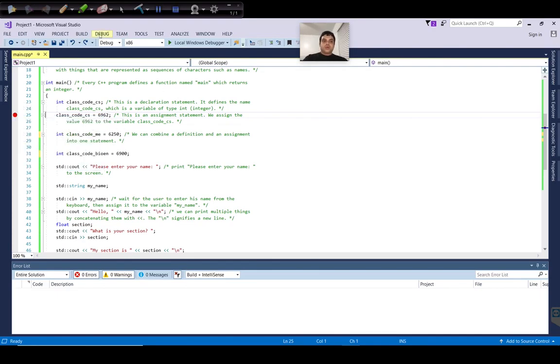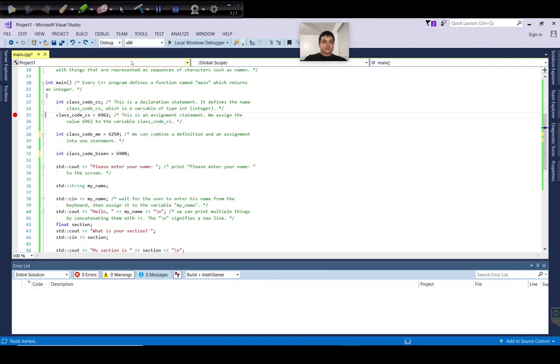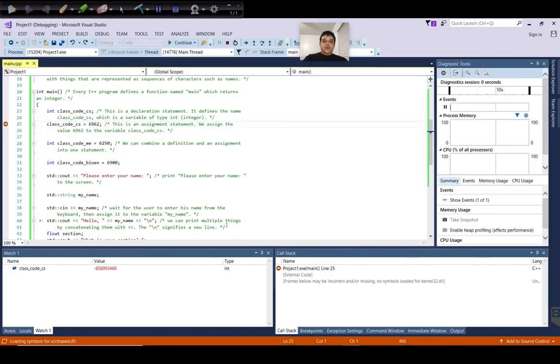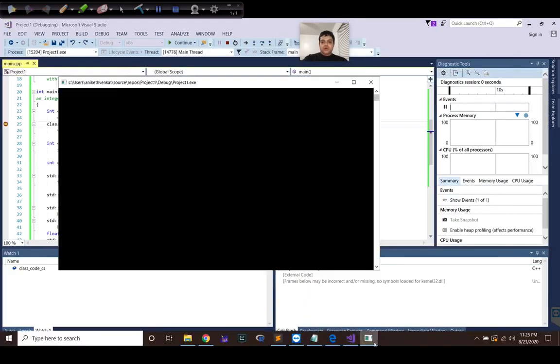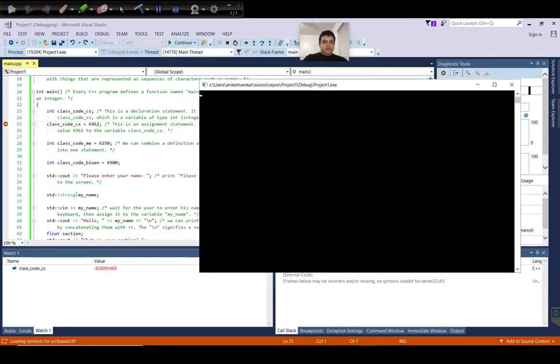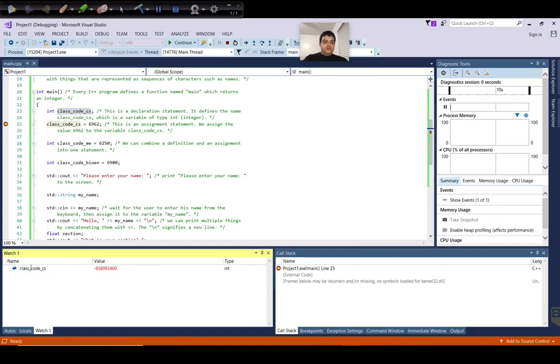Now let's go ahead and start the execution of the program with debugging. Okay, now notice how the program did not stop at line 38 where it was waiting for the user to input the name. It right now stopped at line 25 where we set the breakpoint. Now two important things to notice is, one